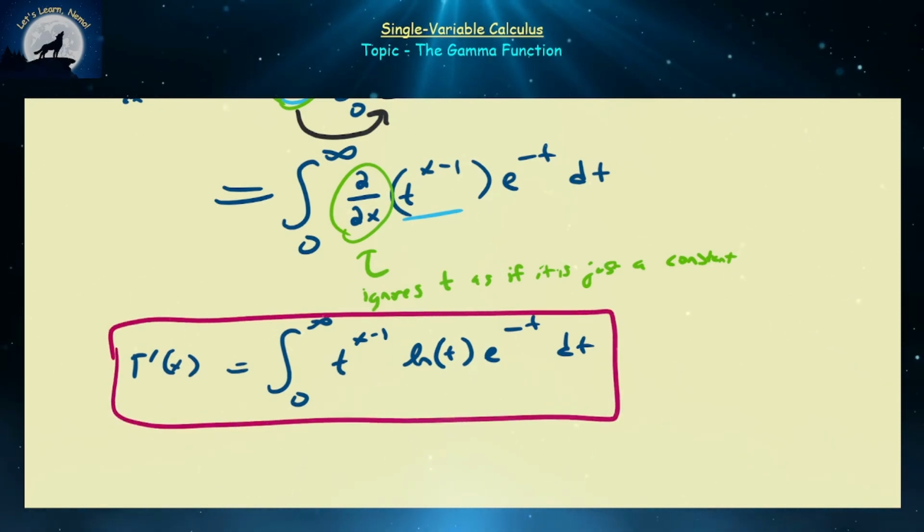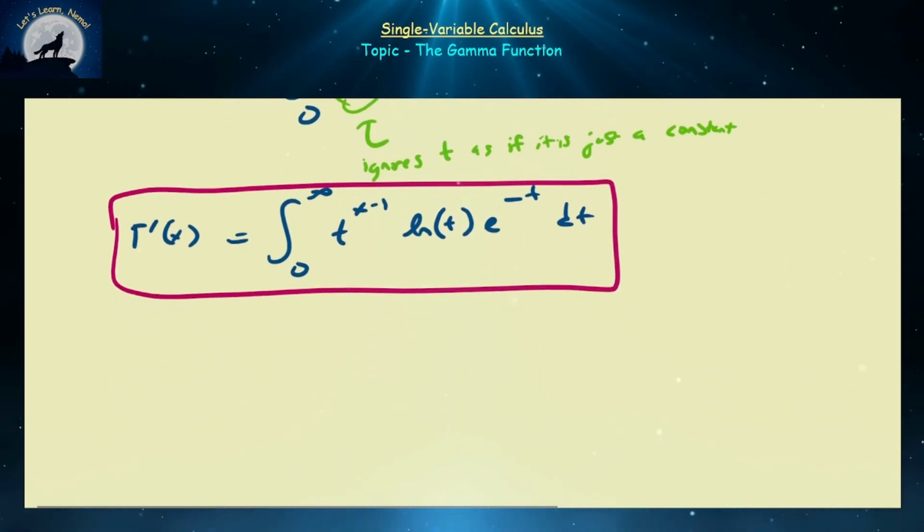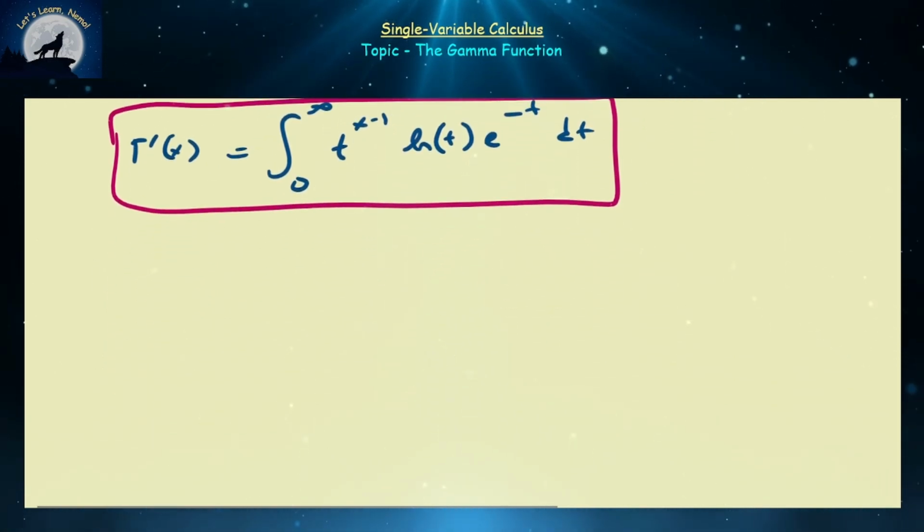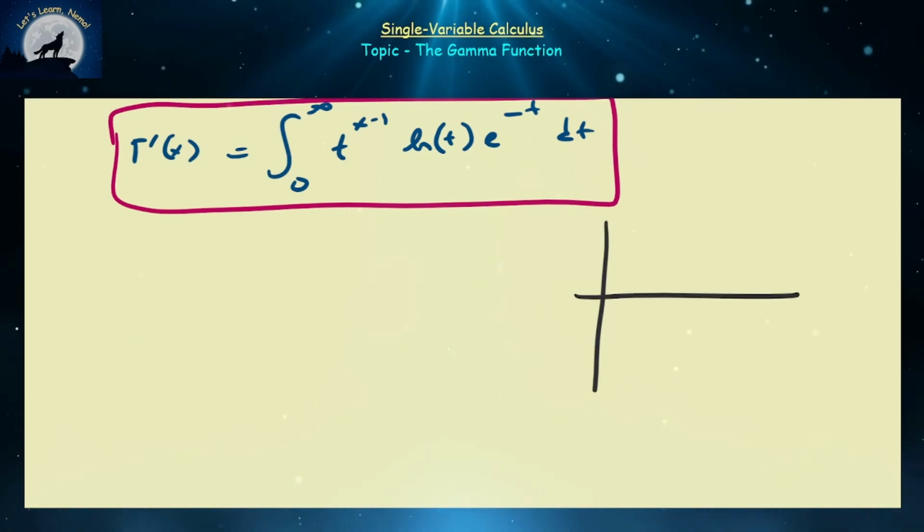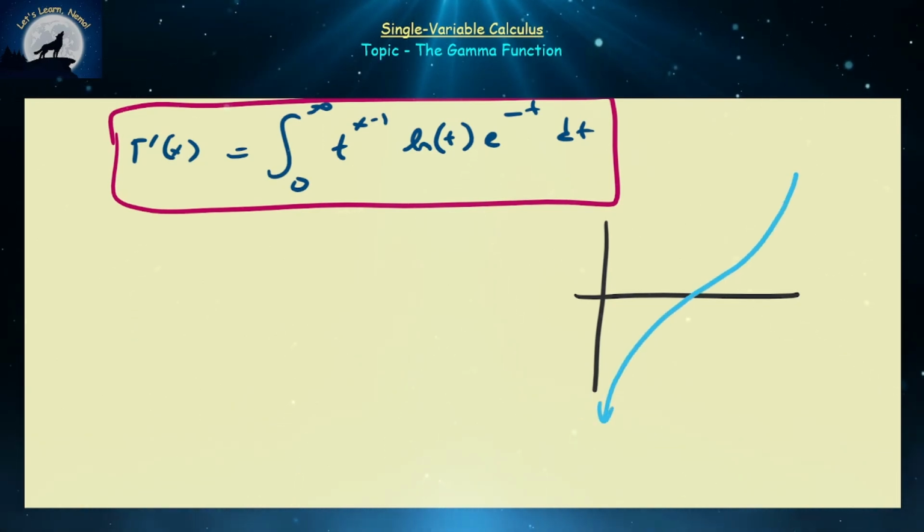And you're like, okay, that's cool. So what does this function look like, gamma prime of x? Well, you can plug in some points. Obviously, it's not going to be defined on negative reals or at 0 since we didn't define gamma on that interval, but it's actually going to look like this. That shouldn't surprise you, because keep in mind the gamma function had this particular pattern where it was decreasing to the left of some number and increasing to the right of some number. And this gamma function had a unique minimum, remember? And this number is approximately